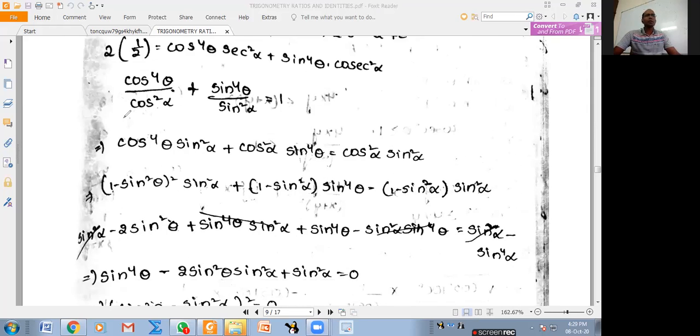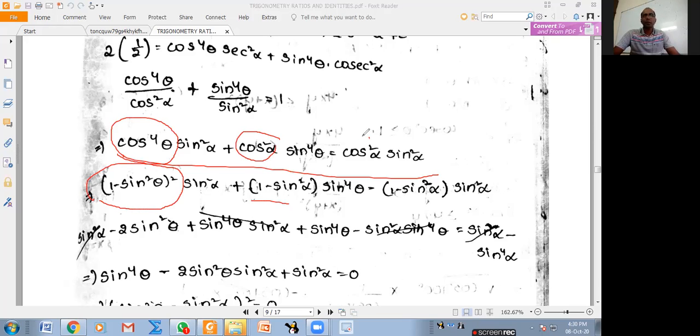So what I have done here is cross multiplication, that is this step. I eliminated cos; I don't want cos everywhere. I converted everything to sine. That's what I did. Cos power 4, I can write as cos square theta whole square, which is 1 minus sin square theta whole square. I don't want this cos, so this cos square alpha I wrote as 1 minus sin square alpha. This cos square alpha also I wrote as 1 minus sin square alpha. When I expanded everything, I got this equation,